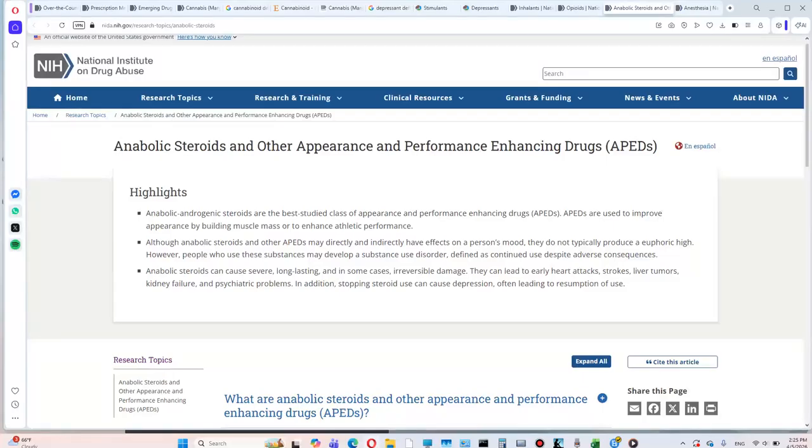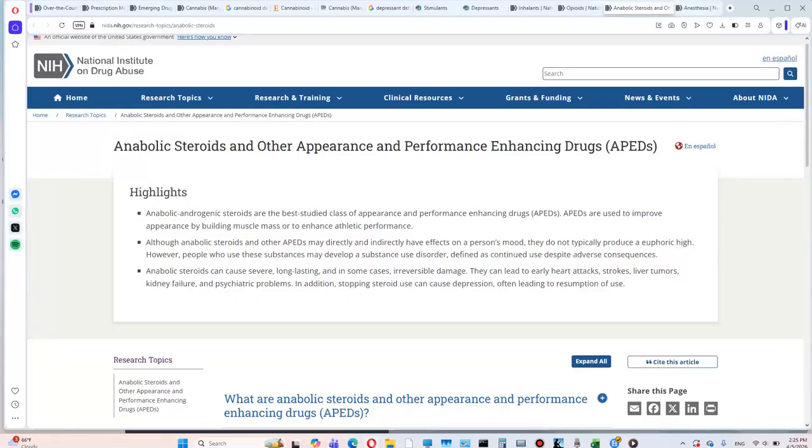APEDs are used to improve appearance by building muscle mass or to enhance athletic performance. Although anabolic steroids and other APEDs may directly or indirectly have effects on a person's mood, they do not typically produce a euphoric high. However, people who use these substances may develop a substance use disorder, defined as continued use